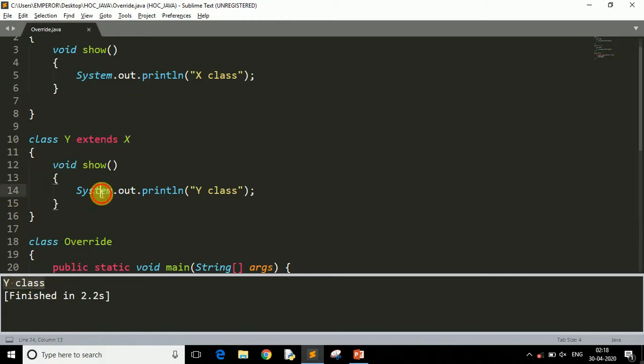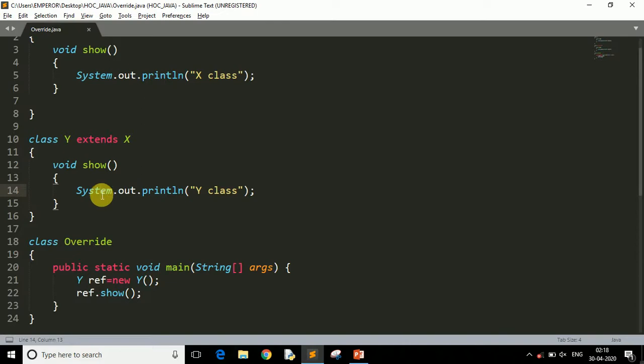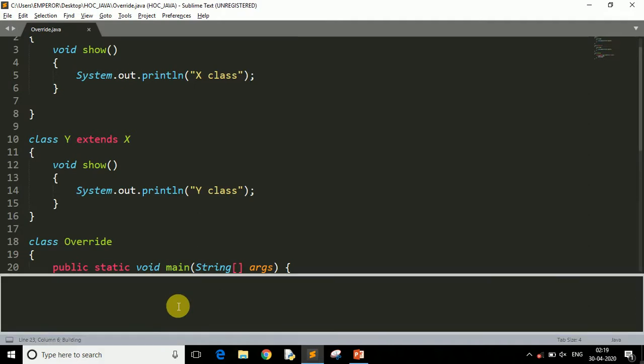Okay, now if I want to create the reference of the superclass, which is x in our case, I create a reference variable of superclass x and an object of subclass y, right? And now if I run the program, what will be the output? As you can see here, it calls the method of the subclass.